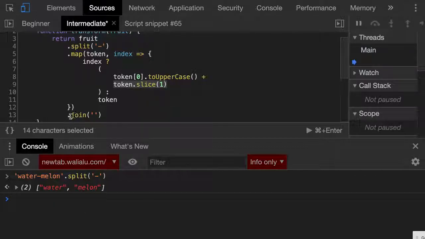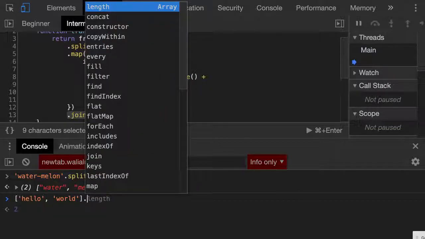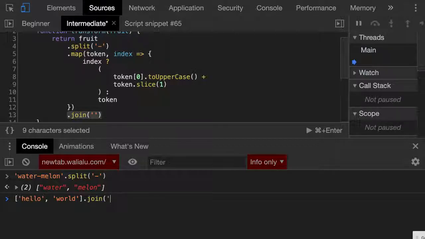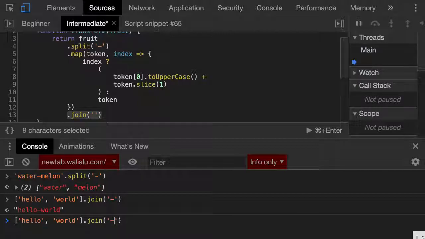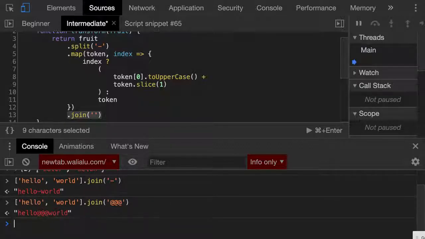So, and finally, we got something interesting, join. What is join doing? Like a contract. Correct. So if we have here hello, comma, world, if we do dot join, if we put, for example, a hyphen, that will be the glue between these 2 elements. You see? We can put what we want here. If we put 3 ads, you see? And if we don't put anything,